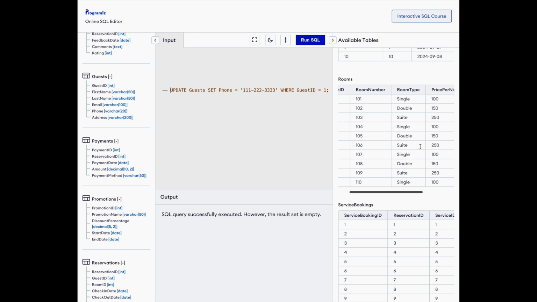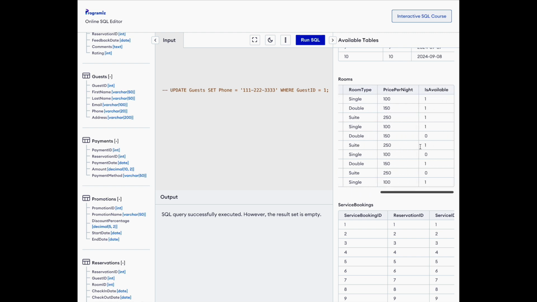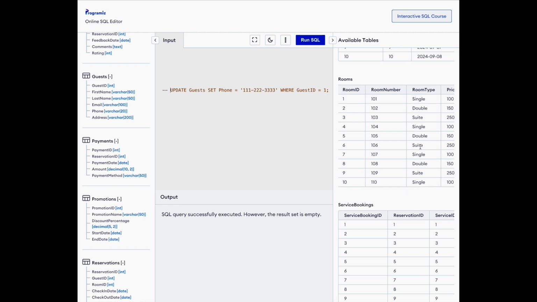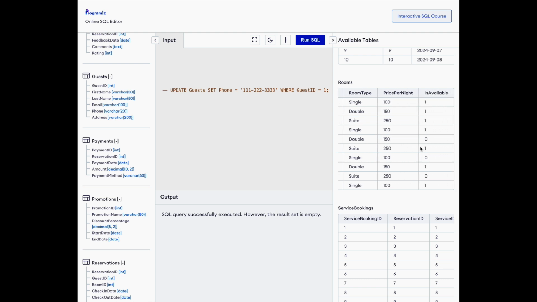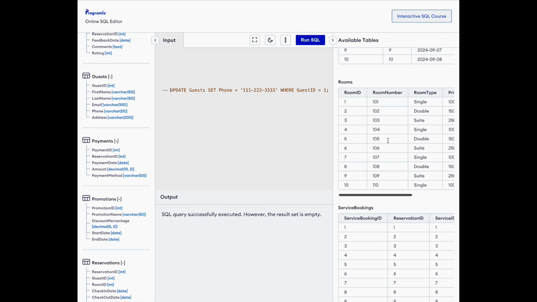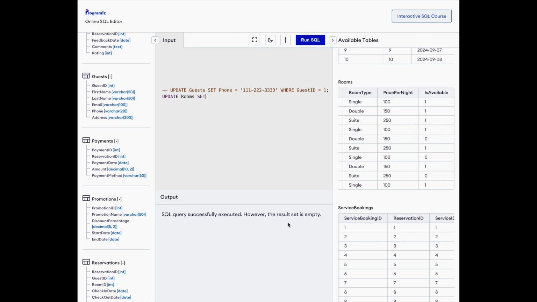Let's say I want to set room numbers 1, 2 and 3 as not available, so I want to change this to 0. Let's use the update statement: update rooms set is available to